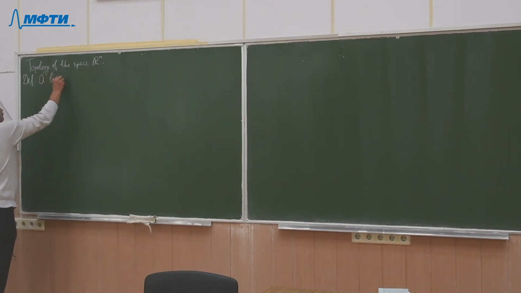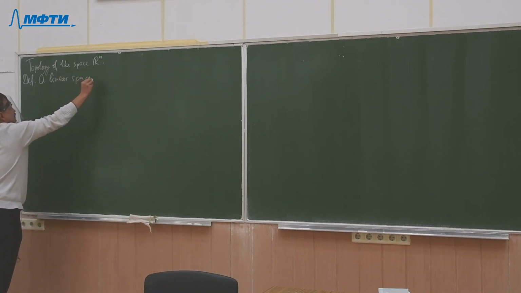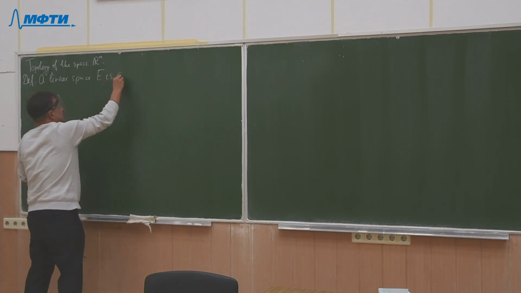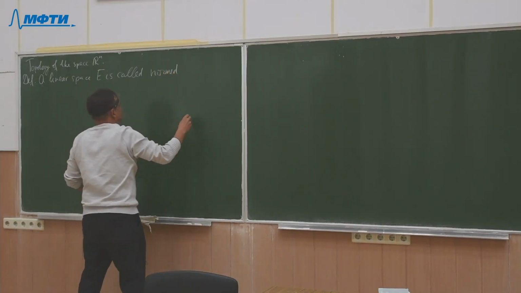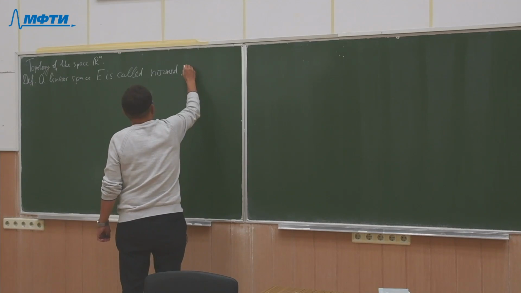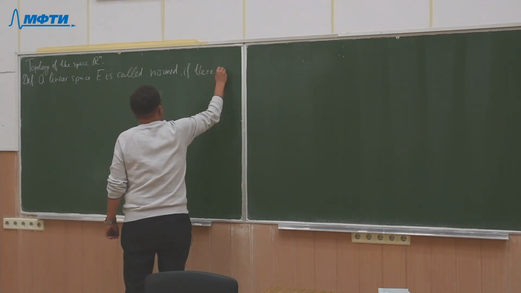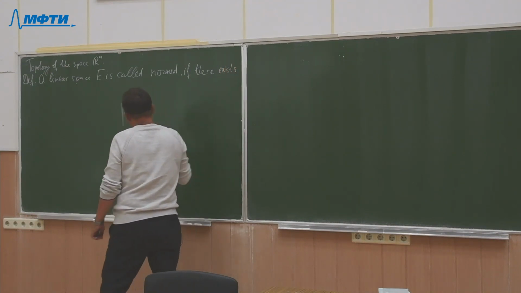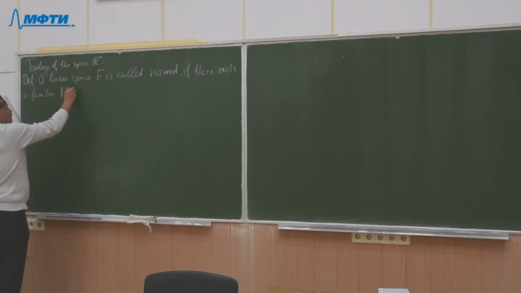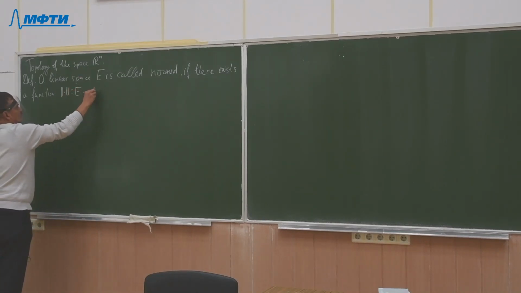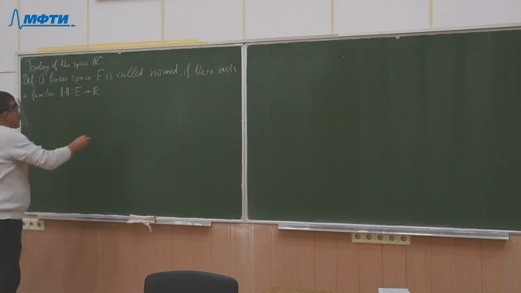A linear space, let's say E, is called normed if there exists a function which is denoted by those two vertical lines from each side. It acts from E to R such that